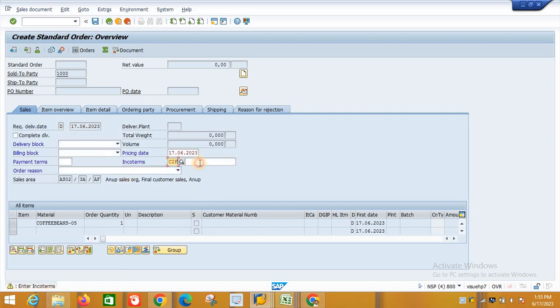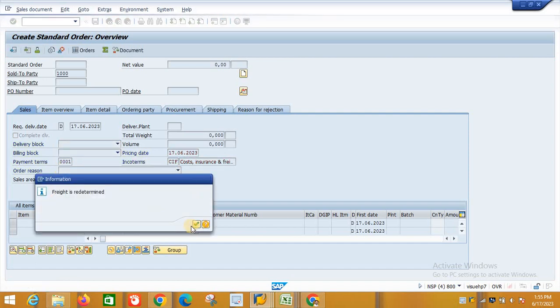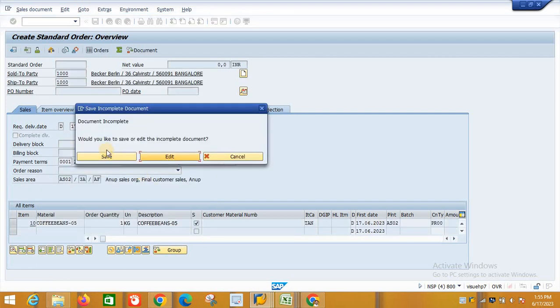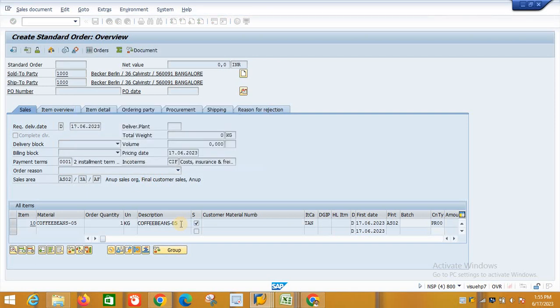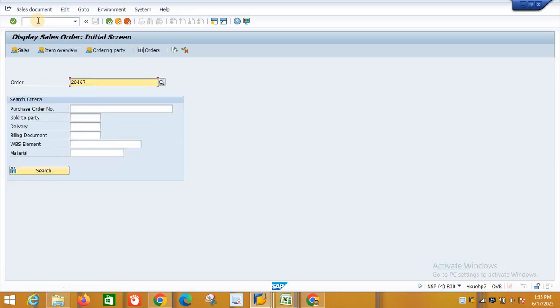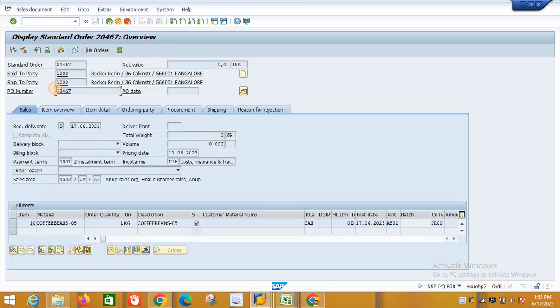Let me put the mandatory fields and save it. So 20467. /NVA03 to display the sales order 20467. Guys, here I put the purchase order number, here I did not put the purchase order number.